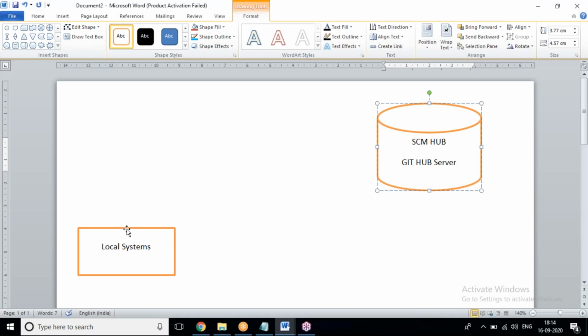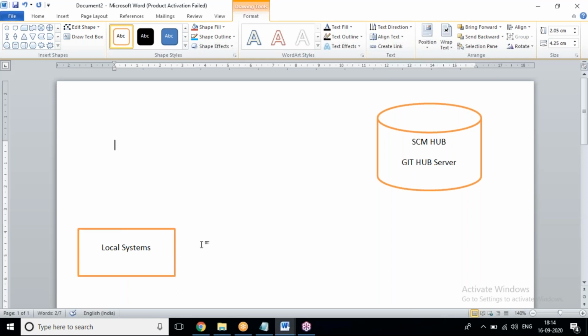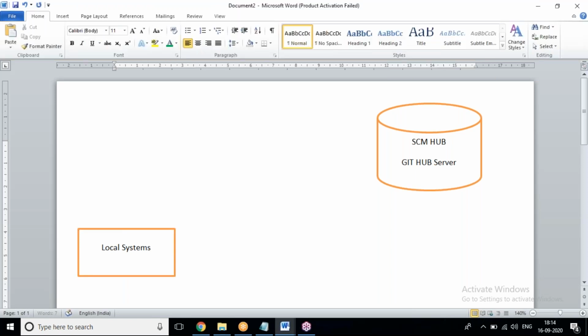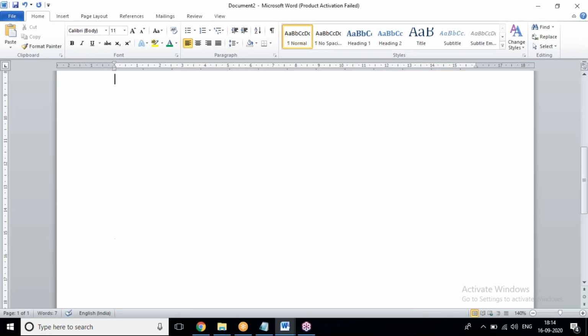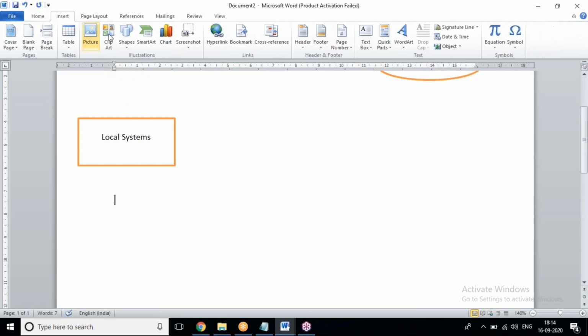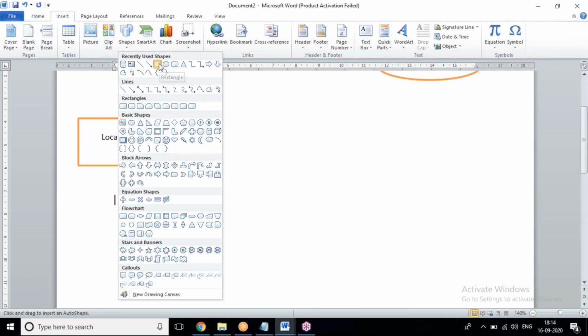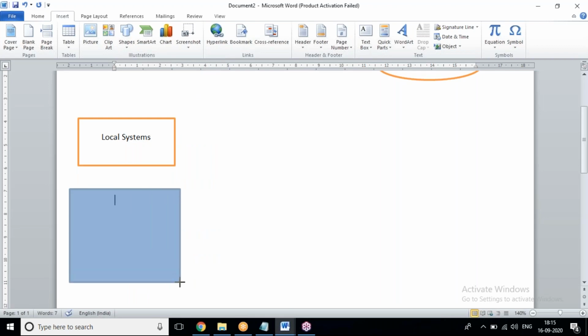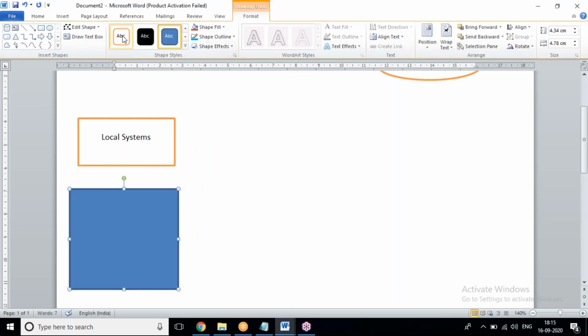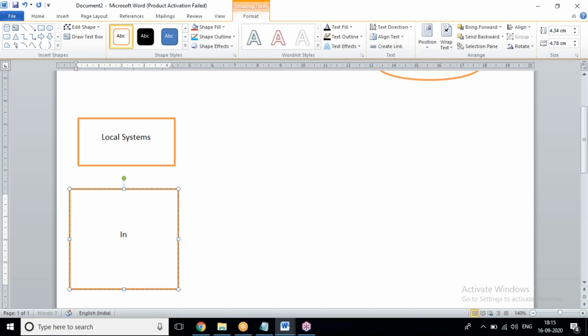This is our local machine. In the local machine, we have some steps. Guys, are you getting any echo sound from me? Now, in the local machine: Step 1, download Git Bash.